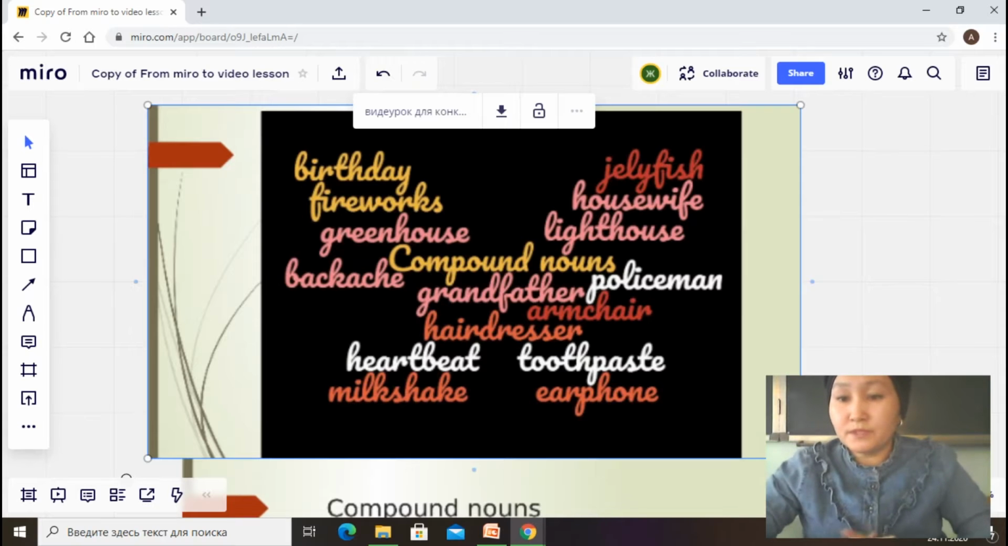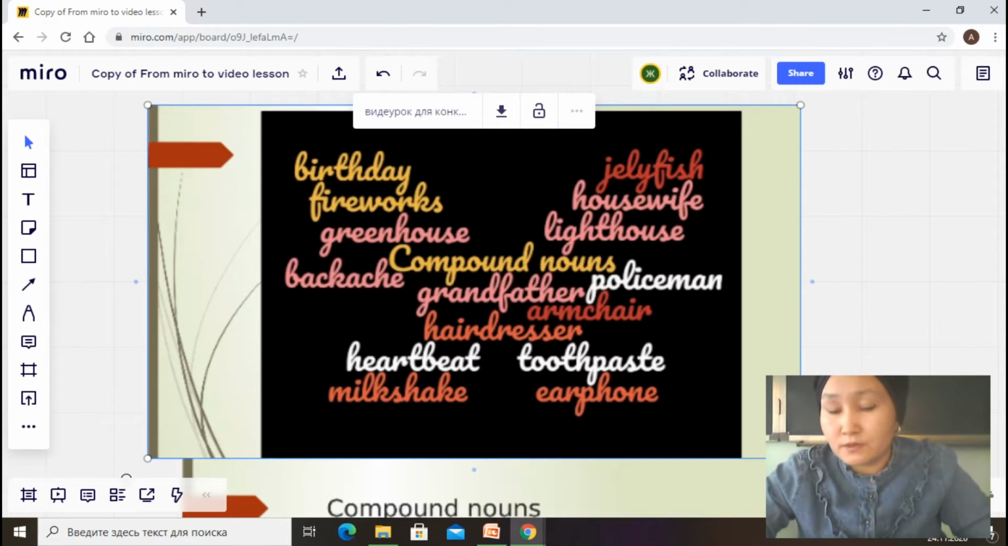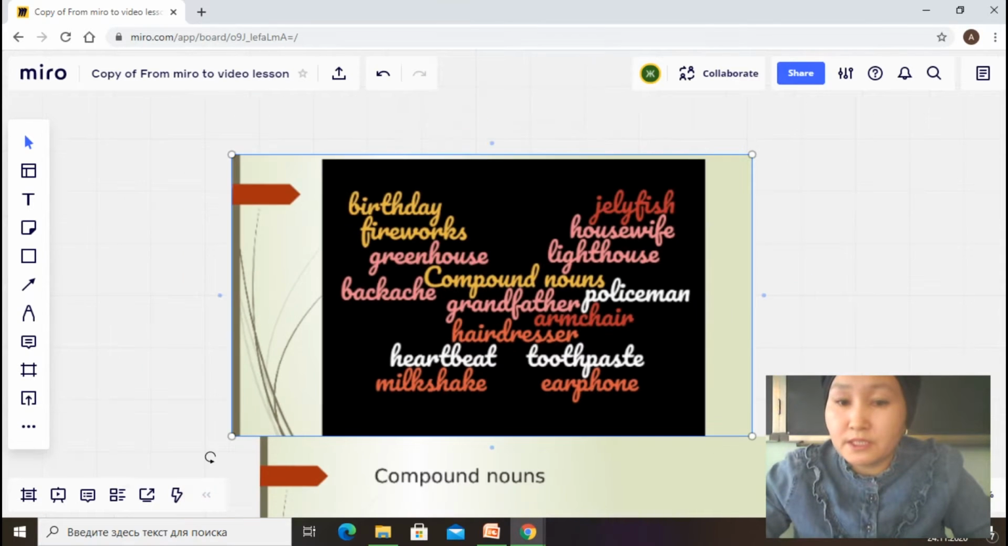So, the topic of the lesson is compound nouns. Compound nouns are mostly used in English. There are thousands of them, and they are related to different kinds of nouns, for example, animals, plants, and people. Compound nouns are used in sentences with nouns, and are also combined with different